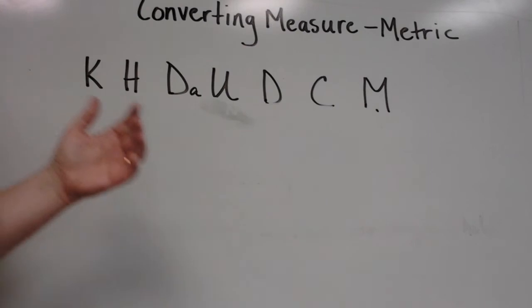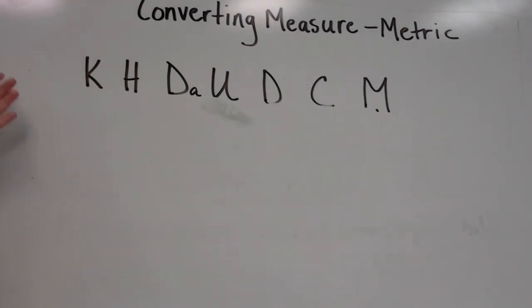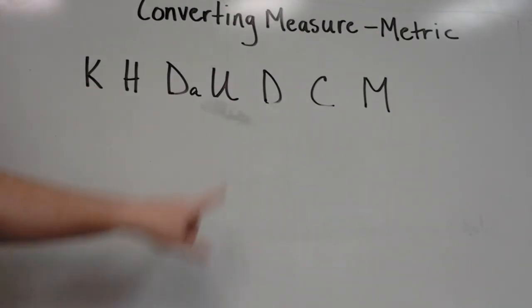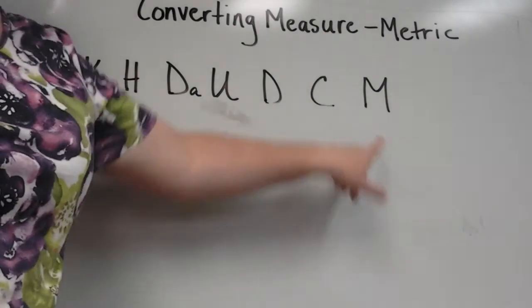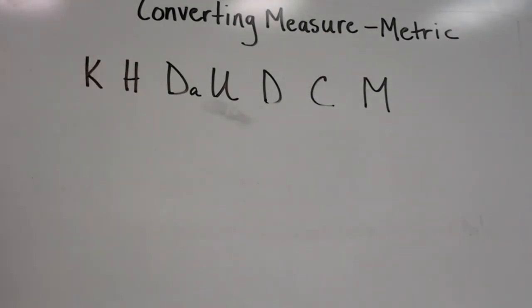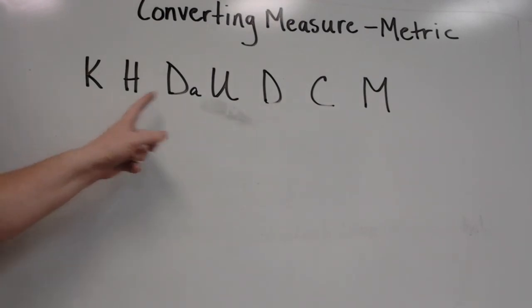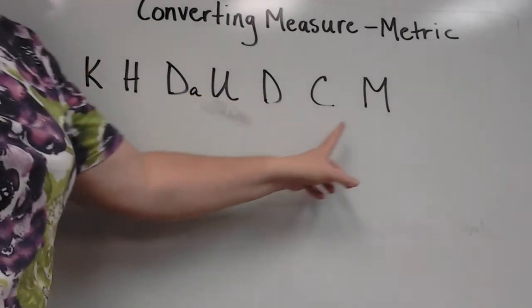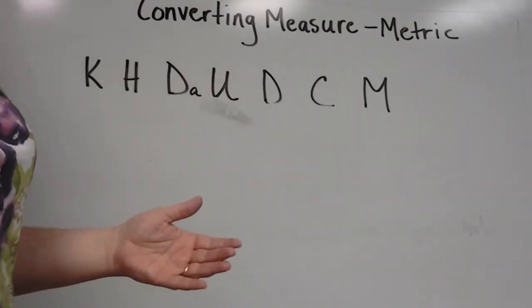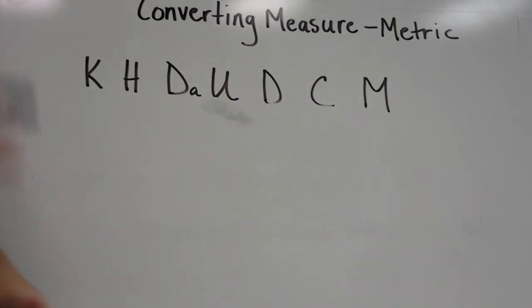Now, some math teacher somewhere at some time, not me, made up a really silly sentence to go with this to help us remember it. This is kind of a funny sentence. Many of you have heard it before. Okay, sometimes a silly sentence helps us to remember. So, they decided that this could stand for King Henry died unexpectedly drinking chocolate milk. Got that? Let me say it again. King Henry died unexpectedly drinking chocolate milk. The point of the sentence is so when I get ready to write these down, I can remember what order